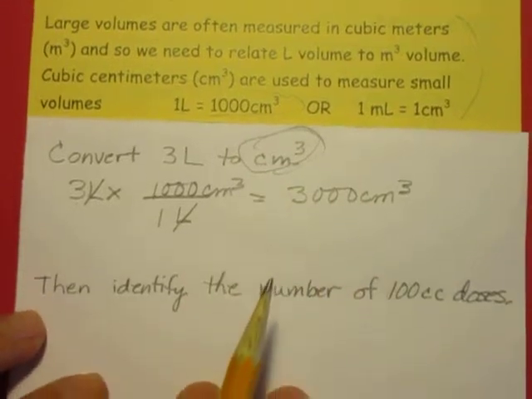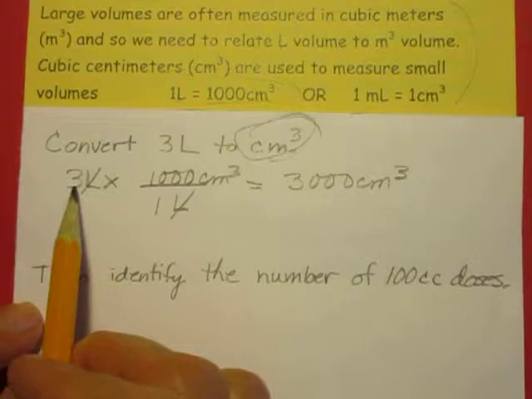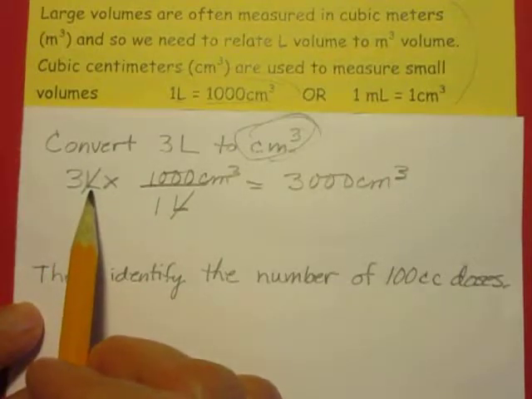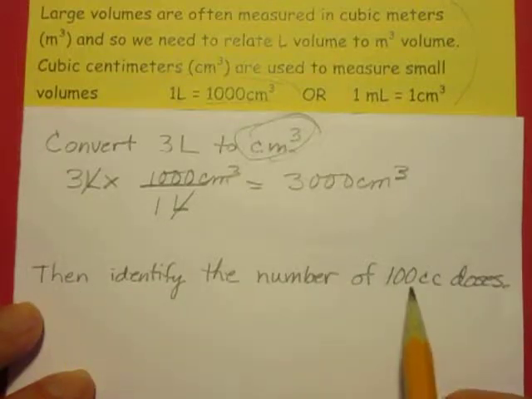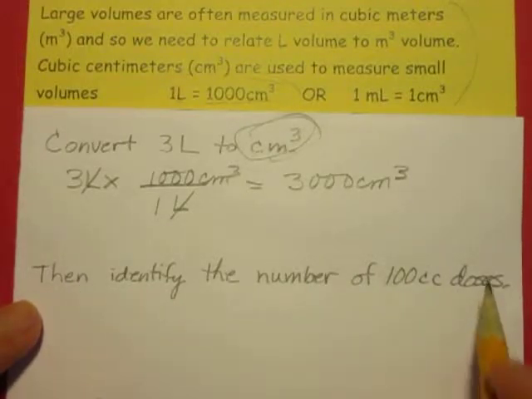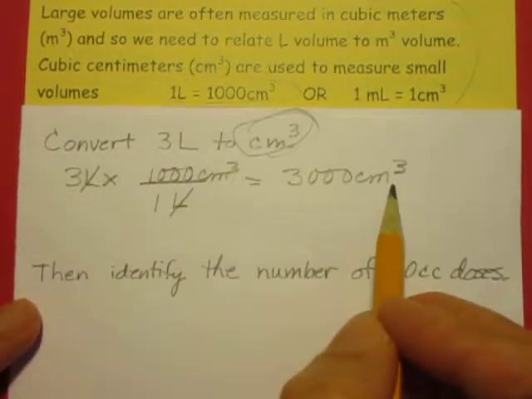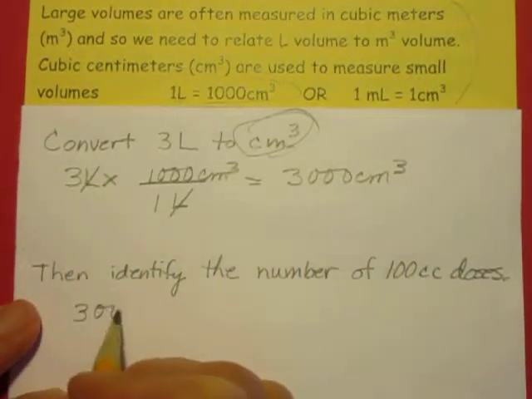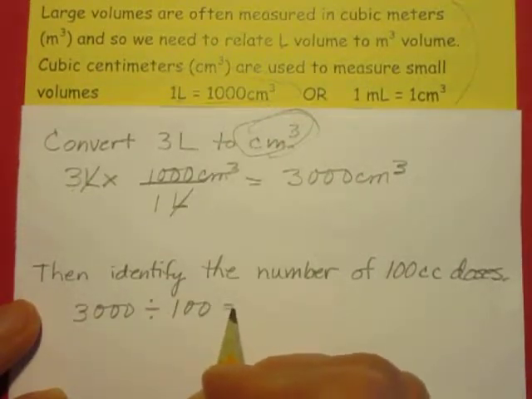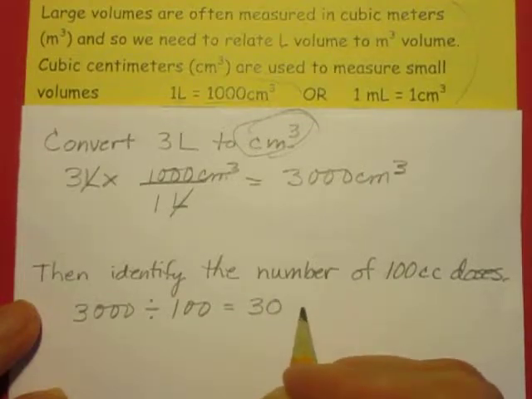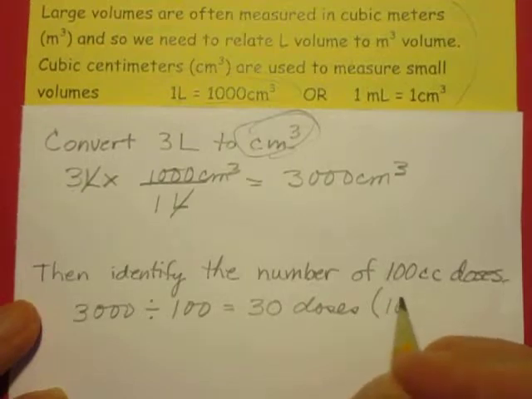So I've created another problem here. We want to assume that we've purchased this 3-liter container of saline, whatever, and we need to identify the number of 100 cc doses. So what we would do is make this conversion, converting the 3 liters to 3,000 centimeters cubed, and then take the 3,000 and divide it by the size of each dose, and know that in that container we have 30 doses, each being 100 centimeters cubed,